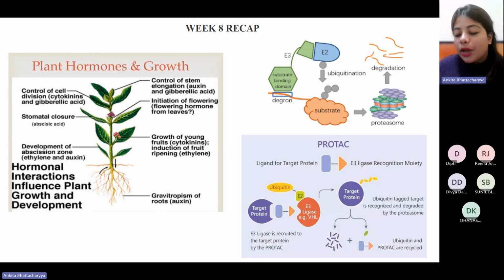What does that mean? When we say chimera, it basically means a fusion, that there is a genetic fusion that has formed the chimera that we are talking about. Now, what does this fusion involve? That is what you see in this diagram, that there is a fusion between two different protein moieties or protein domains, so to say. One, which is a ligand for a target protein, and the other, which is a ubiquitin ligase recognition domain.